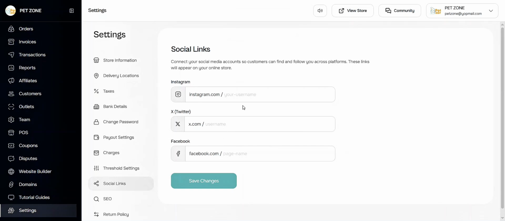Once you include your username for each social media account, you click on the Save Changes button, and automatically you have successfully added your account to the platform, and your customers can connect with you when they get to shop from your website. So that is how easy it is to add your social media